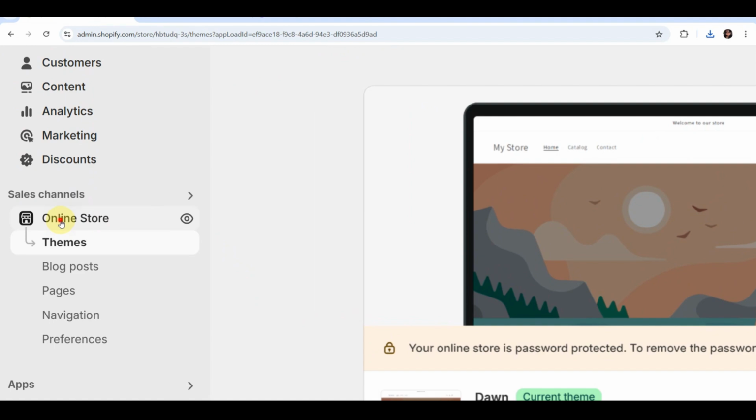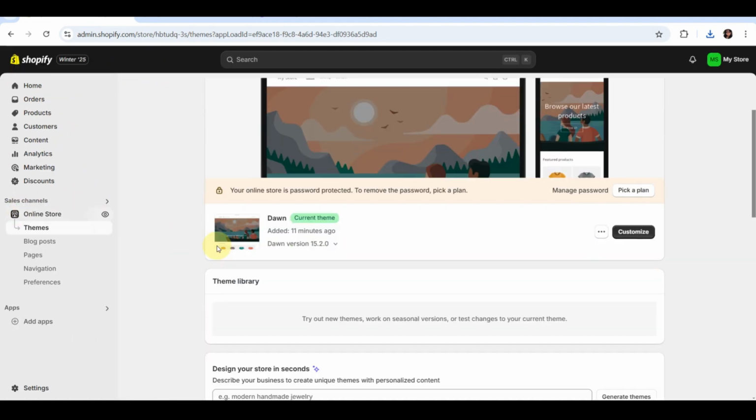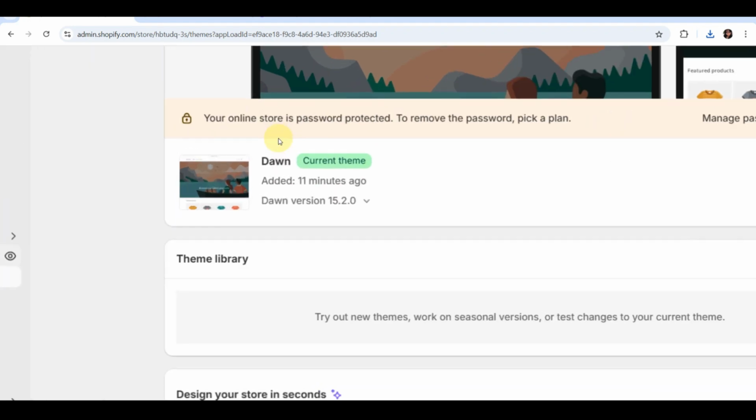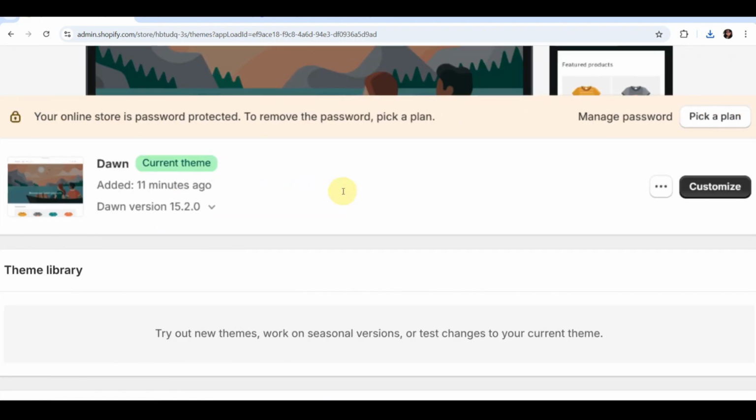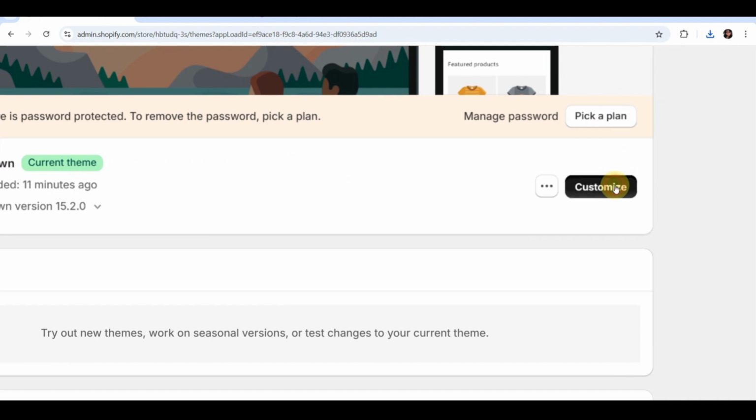Now let's upload the logo to Shopify. Head over to your Shopify dashboard, click on Online Store, then Themes. From there, hit Customize to edit your theme. So here, this is our theme, and hit that button. And in the Shopify editor, guys,